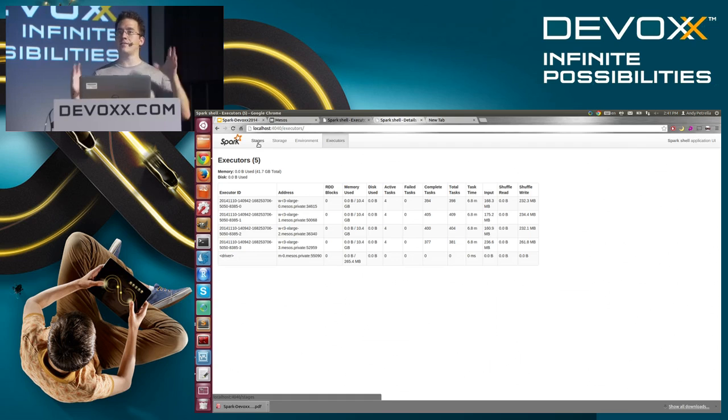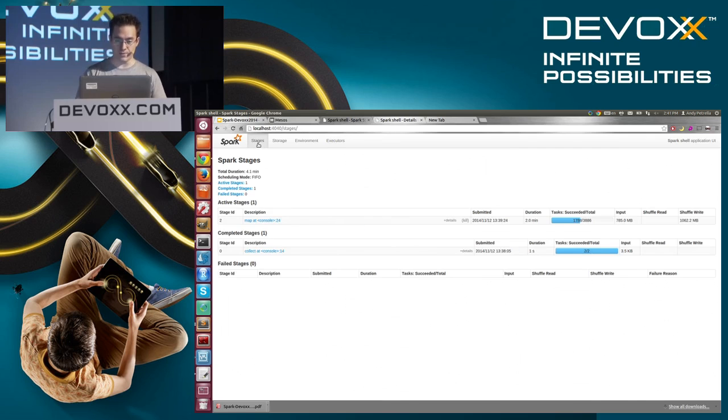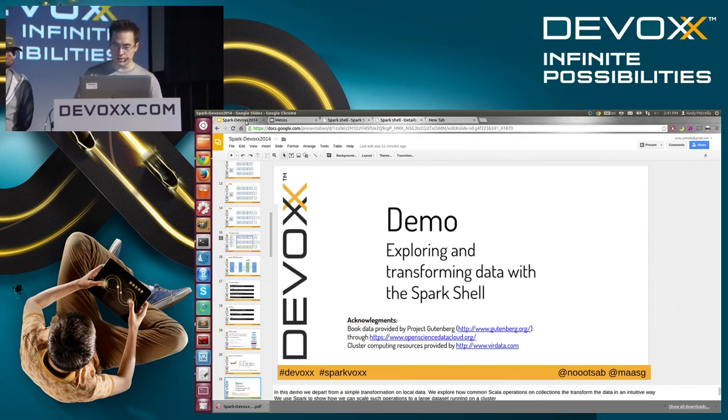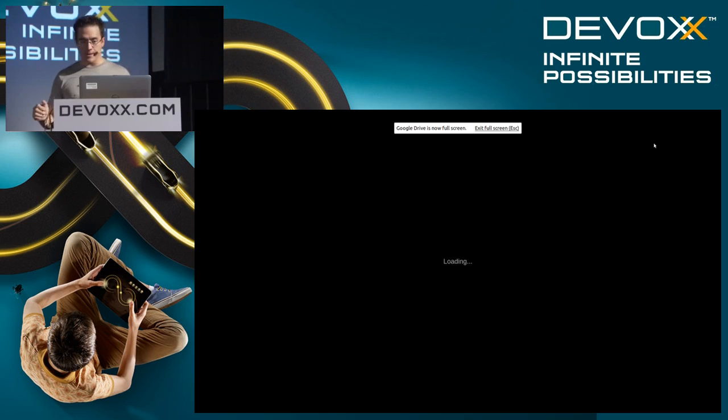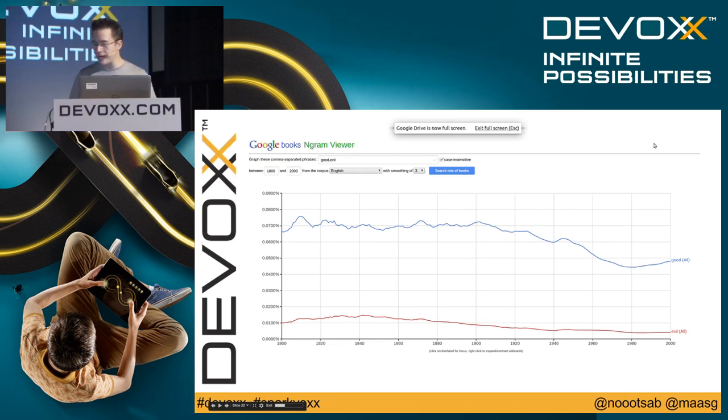So this Spark UI starts up together with the job. It will disappear when the job ends. We are currently working on the Spark shell, so the Spark UI will live as long as the Spark shell lives. And I don't think we're going to wait for the results of this. It takes about 5 minutes to crunch all the data. And it actually gives us the result. And maybe at the end we can go back and we can see what is the result of that.